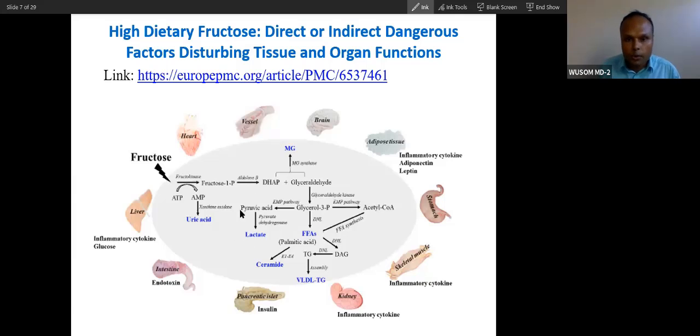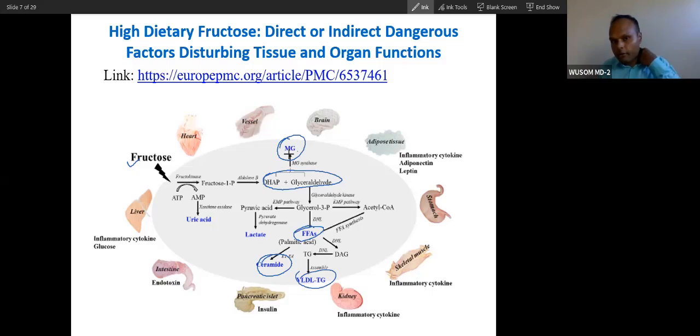If somebody eats too much fructose syrupy food, fructose is not good for our health. If you don't take fructose, there will not be any problem. But if you take too much fructose, it will cause many problems, because uncontrolled metabolism of fructose into dihydroxyacetone phosphate and glyceraldehyde, then free fatty acid, and fat will cause fat deposition. Different types of glyceraldehyde 3-phosphate will join together and make a difficult type of fat.